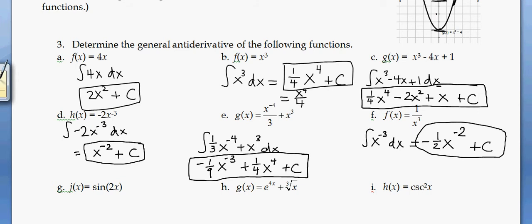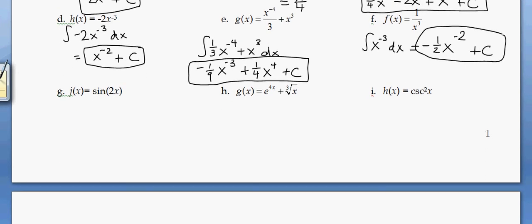Okay, and now let me just scroll down a little bit. Okay, this next one is a good one to do, because we'll have ones a lot like this. So sine of 2x, well, if it was just plain old sine of x, so maybe let me just do that for a second. If I just was trying to find the antiderivative of sine of x, I know that